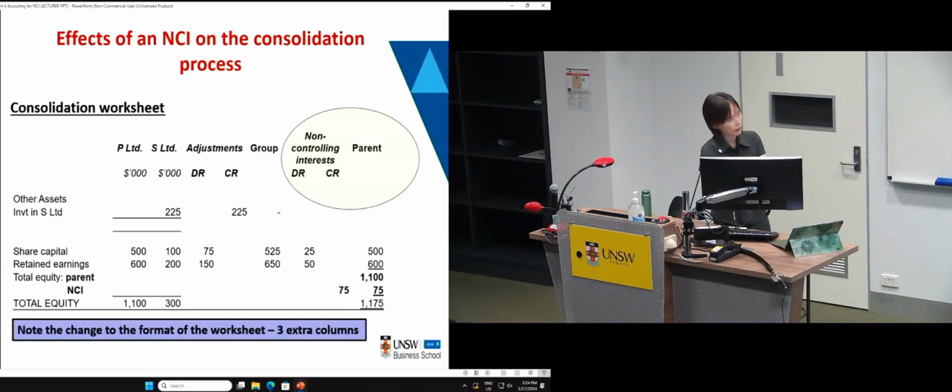And when there is the existence of NCI, you can see the parent's portion is eliminated here as part of the pre-acquisition entry, but we allocate the NCI share and record your NCI entry. Again, when this subsidiary pre-acquisition equity balance is subtracted from the group, you will get the parent's shareholders' share. So you can see extra 3 columns were added here in order to measure and disclose NCI related information.